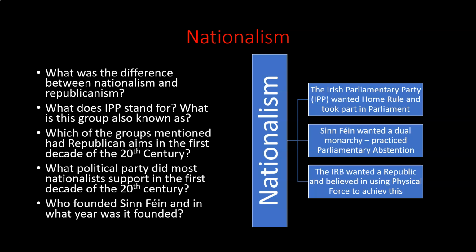The biggest difference we can point to between the IPP and Sinn Féin is that Sinn Féin practiced what's called parliamentary abstention. And what that means is that Sinn Féin didn't go to London. Right? If they got elected to be a member of Parliament, they said, okay, I'm not going over there. I'm going to do what I can here in Ireland, but I'm not going to waste my time going over to Britain because I don't think it's going to work. So the big difference here is the IPP, the Home Rule Party, is going over to London and taking their seats and arguing over there. Sinn Féin are refusing to go. A bit more strong in what they want for Ireland as well. They're asking for a little bit more.